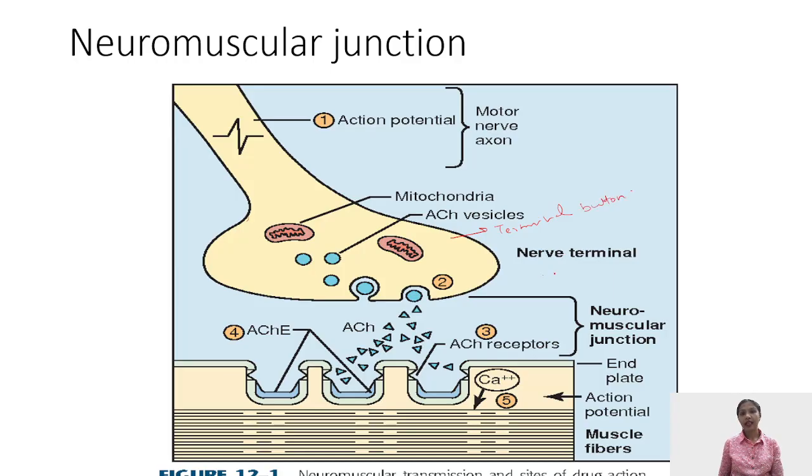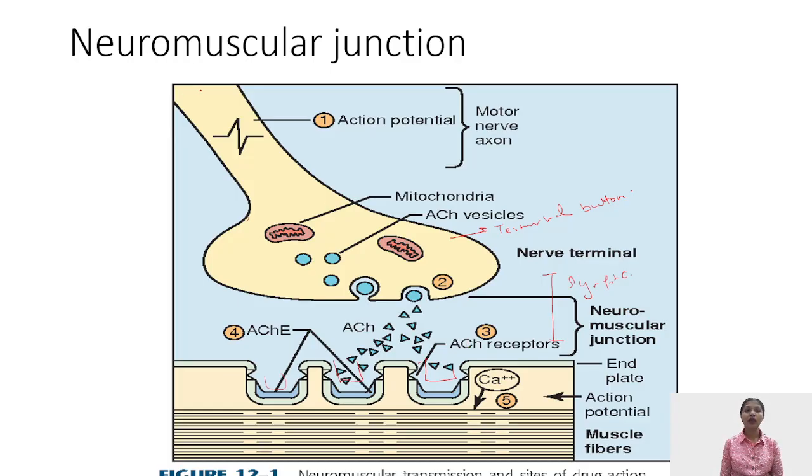with the synaptic cleft, plus your muscle fiber end plate, that is the motor end plate. This is the motor end plate which has been changed into junctional folds. So these are the three things which interact with each other: the terminal button of your axon, the motor nerve, your synaptic cleft, and eventually the junctional folds at the motor end plate.